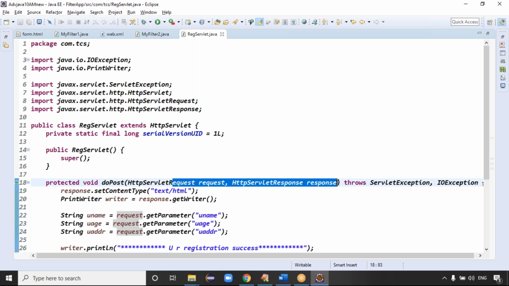One doubt I had: it is clear that from the filters itself the data is put into the request object, and that's why I'm receiving it in the servlet. But I need to understand, from lines 22, 23, 24, we are giving it as a string. Whatever data I'm getting from the client is in string format, and we have already converted the age into int format. So when I expect that, why again string here? That is my question.